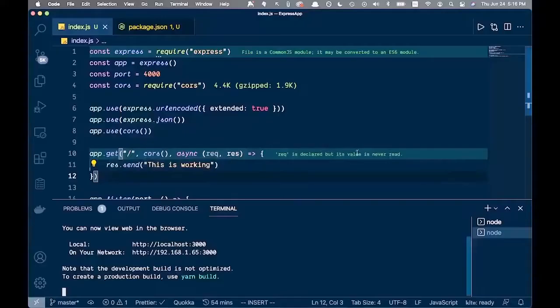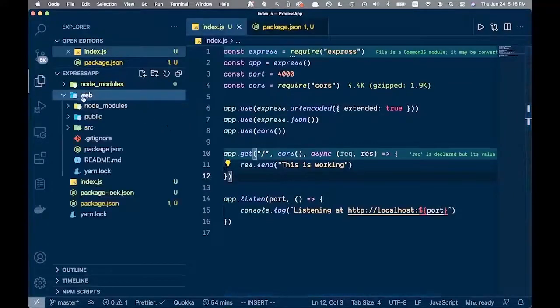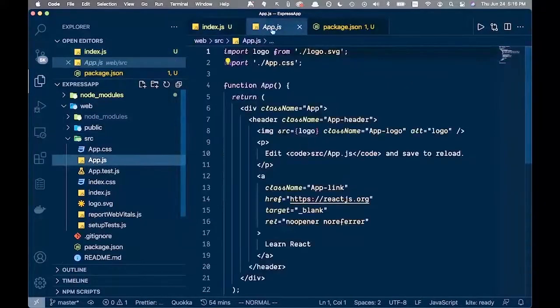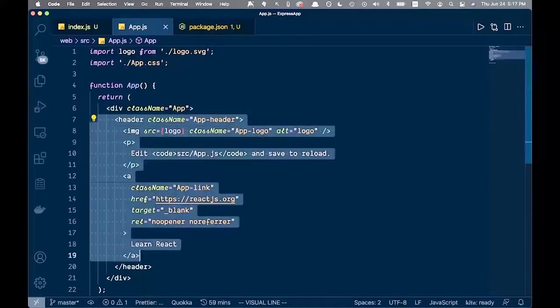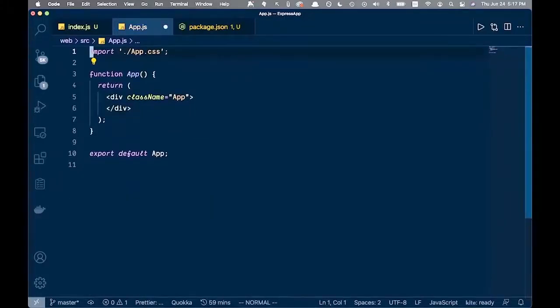So let's go. All right, so we can get rid of this for now, give us a little bit more room. And we're gonna open up this file, go into our web folder here, into our source and App.js. And we're gonna do everything in here so we can close this out again. Now let's come and just clear out some of this stuff here. So we're not gonna need anything in here with this header. We don't need this logo here, but we do need to import